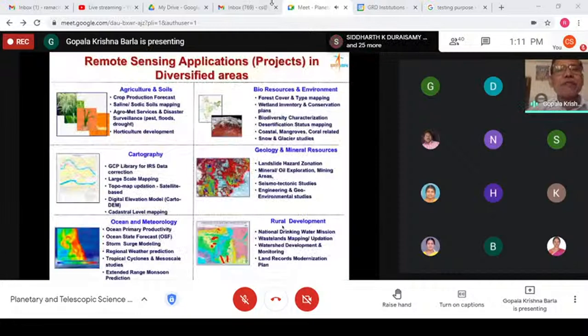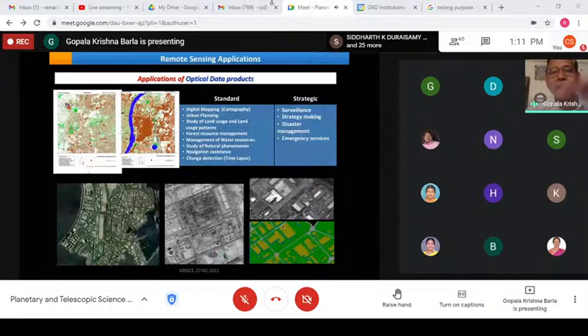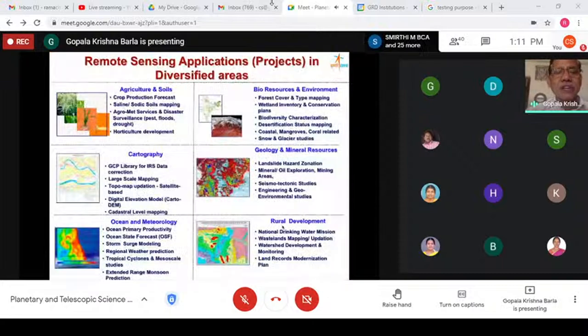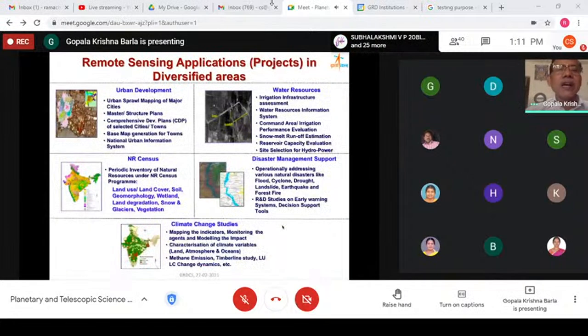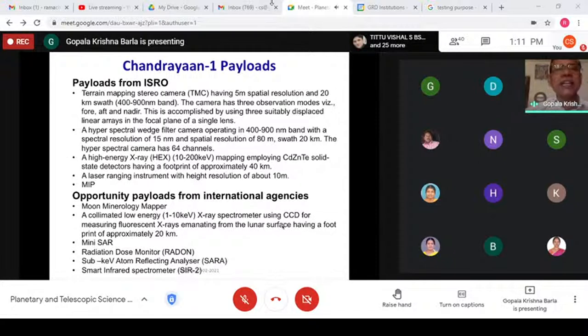And some applications, if you see that, I told: fusion, registration, mapping, agriculture, cartography, ocean, bio, geology, rural, urban, NR census, climate changes, water resources. These are various remote sensing applications. Then just to give a brief on planetary and science missions of ISRO, Chandrayaan-1,